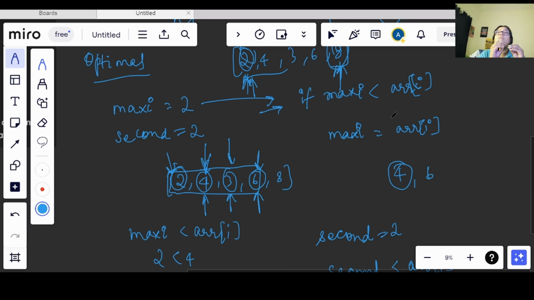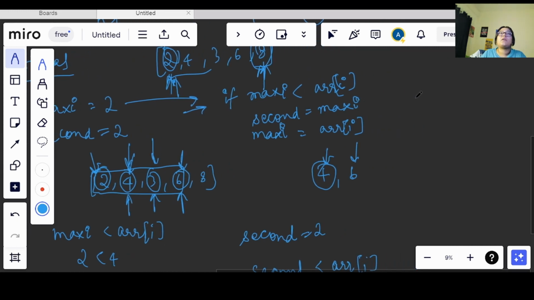Now you have a candidate which can be your second largest value. Now I had 4 in my maxi and I am changing to an even greater value, which means this 4 can be an eligible second largest value. So for that I will assign second with maxi, because anyway I found a value which is greater than the maxi, which means this is the second maximum.